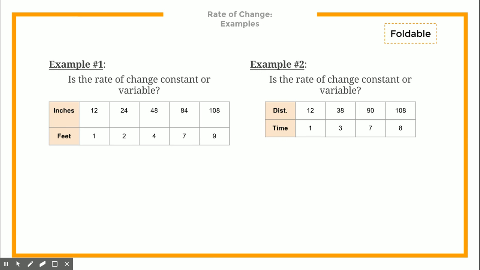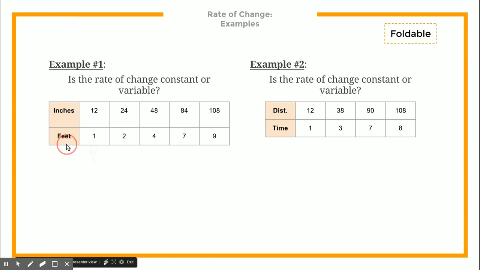So let's look at a couple examples. Is the rate of change constant or variable? Now to do this, again, think about creating a ratio. And you've got your x and your y value. And it really doesn't matter which way you think of it in this. We're just simply talking about ratios right now. So it doesn't necessarily mean that the x needs to be in the numerator or denominator, but you want to think about, is this rate of change constant or is it variable? So what you can do is you can just simply make some